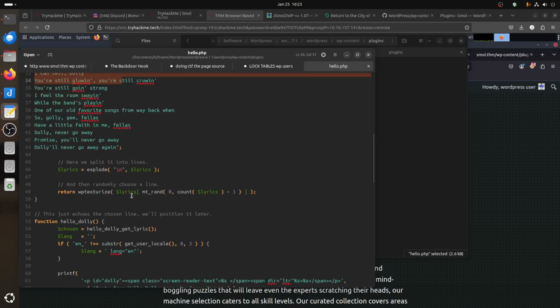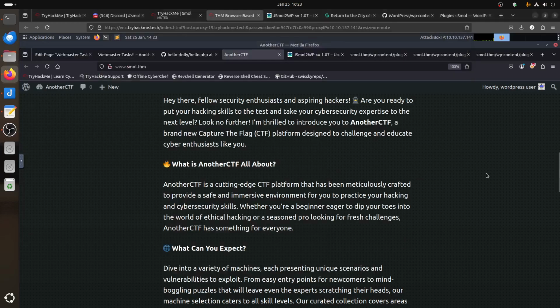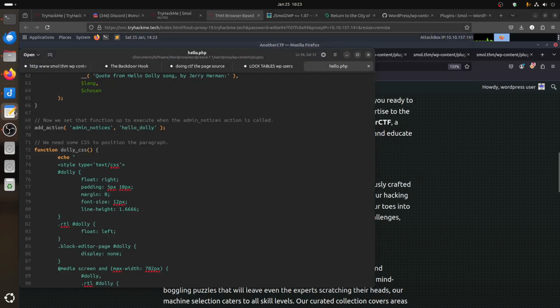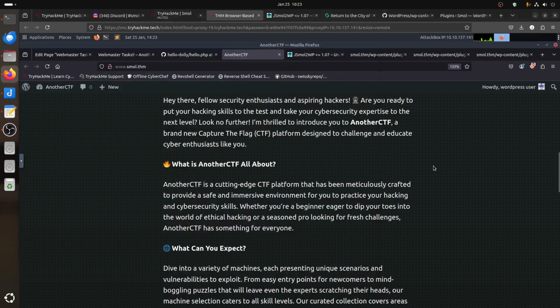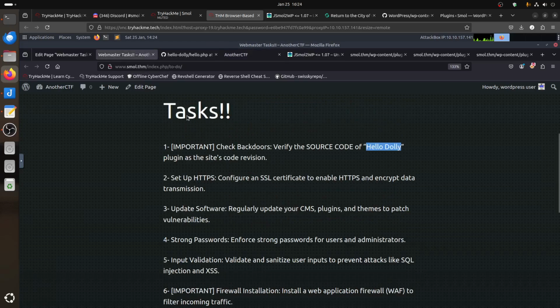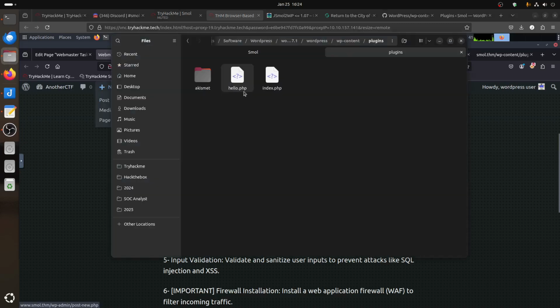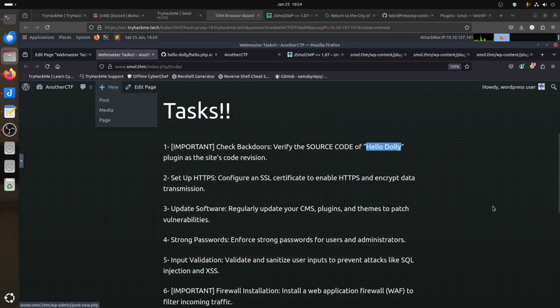So we know how it looked. Remember now the question said to us, I'm getting confused again. It said verify the source code of Hello Dolly. So we know where to find Hello Dolly, and it's a file straight in the plugin folder, and in the